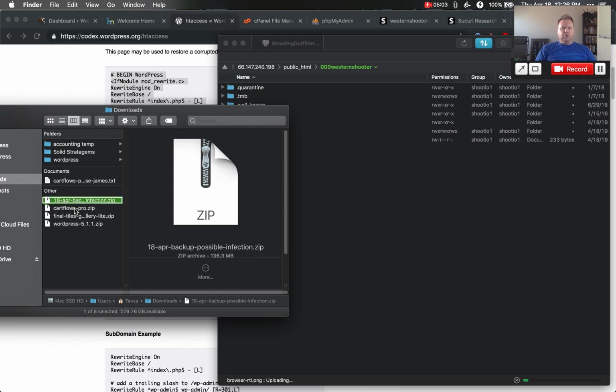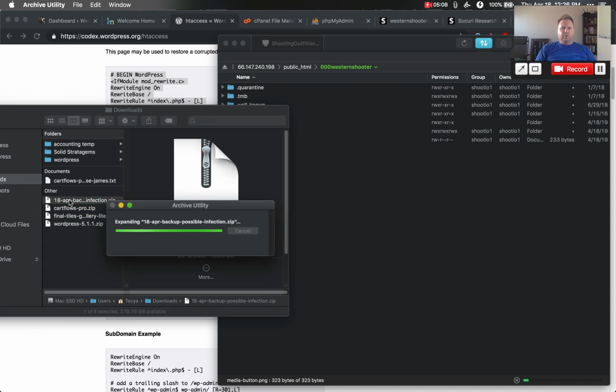So what I'm going to do here is, while that's uploading, I'm going to unzip my backup that's potentially infected. Now, you might think, well, aren't you installing or adding malware onto your computer? Technically yes, but it's made to run on a web server. It's not really made to run on my computer, so it should be just files. It shouldn't hurt anything on your local computer unless you put it into an environment that you've set up for